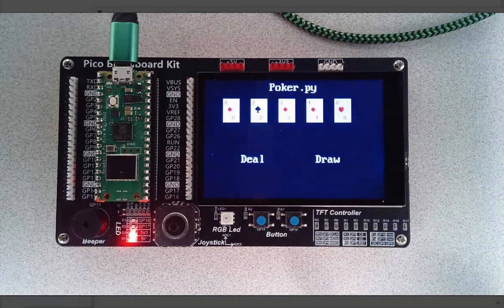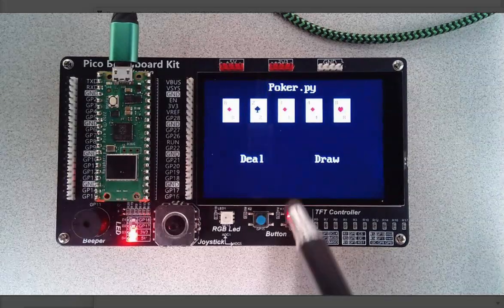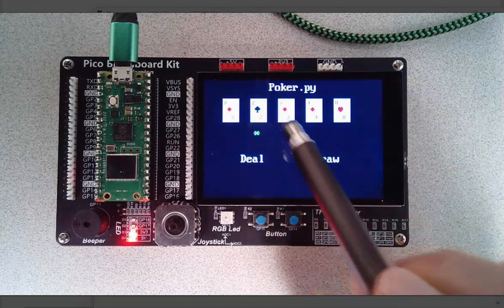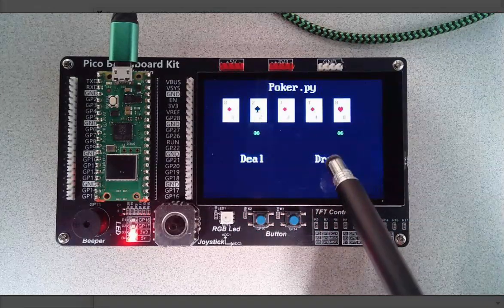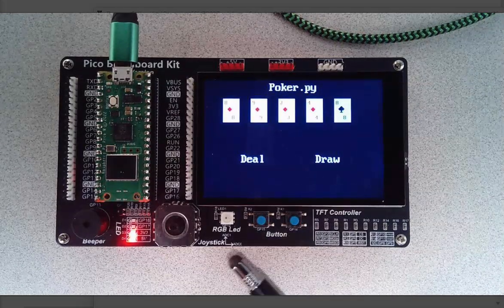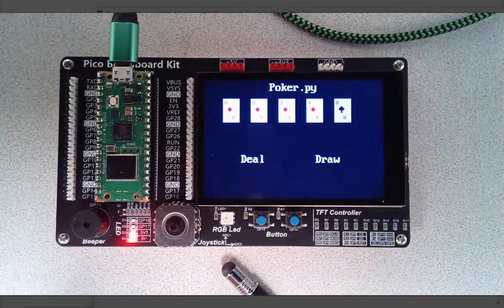Here's another program. This is Draw Poker. I can pick which cards I want to get rid of. So let's suppose I want to go for a flush. I'll get rid of these two cards and draw a new hand. And I didn't get a flush. Third program we'll look at